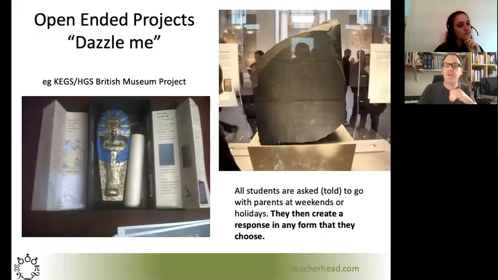Open-ended projects. Some people think projects are problematic because, of course, there's a resource issue. And if you're just saying, off you go and do a project, that can add to disadvantage, because if students don't know how to do a project, or it's unstructured, or they don't have the resources, you end up with the most advantaged kids doing the best and benefiting the most. So you have to attend to that. You have to give them resources, structure, guidance,